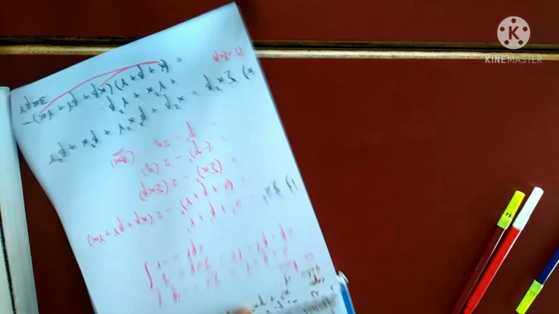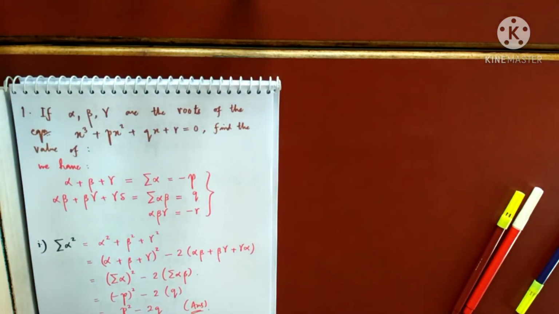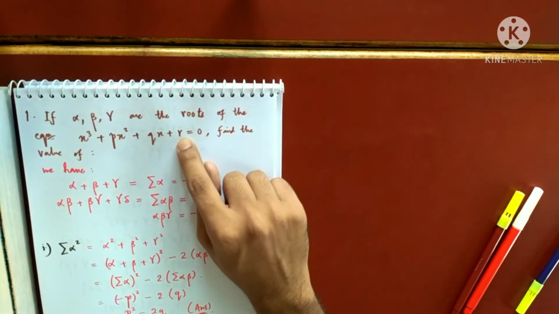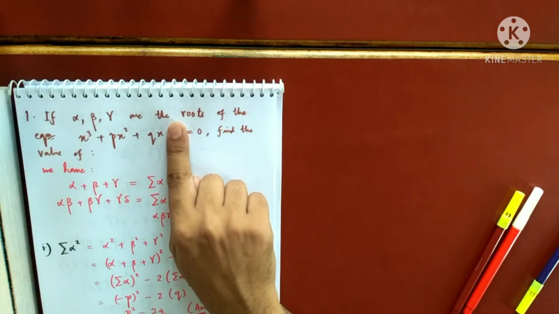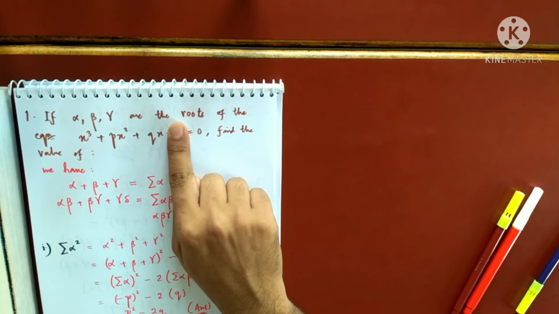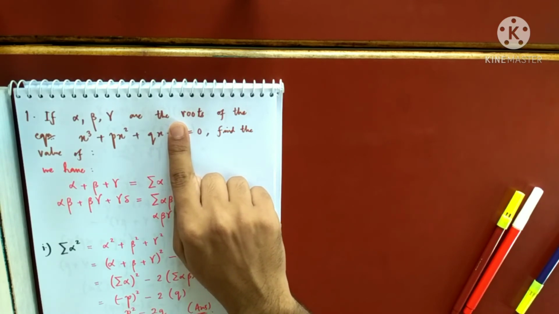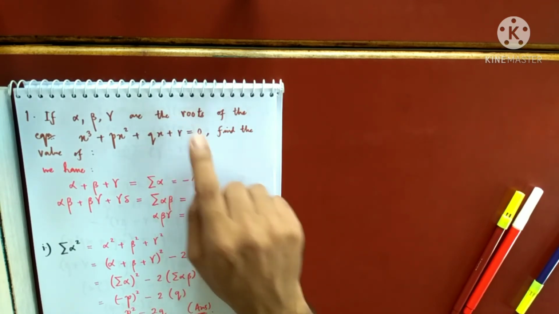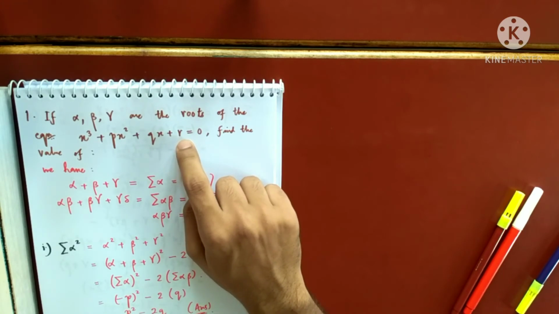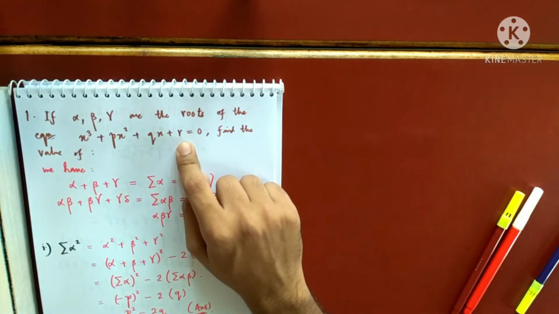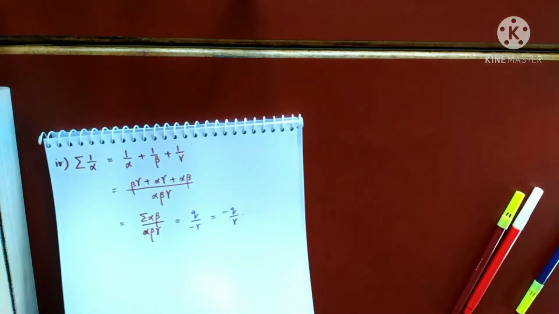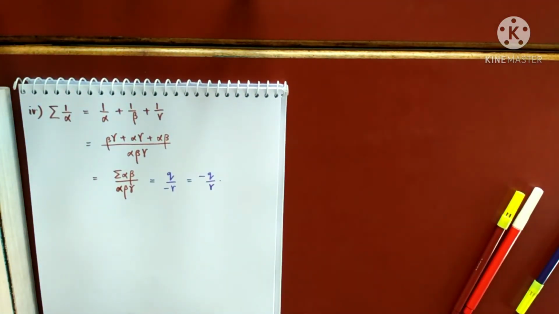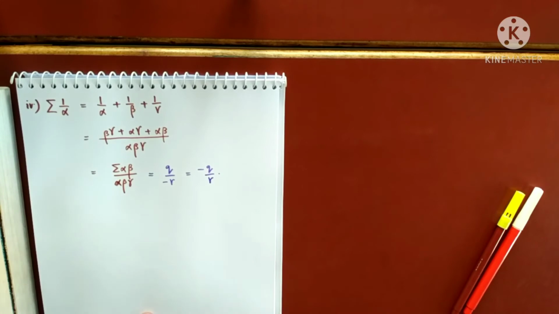Why would R being 0 give me a 0 root? You can see here, the equation was this. If R is 0, this term will not be there. Now you can take x common and that will give you 0 as a root. So when R is not 0, there cannot be any 0 root. So we are just assuming that R is not 0, or we are assuming that none of the roots is 0. That will automatically imply R is not 0.